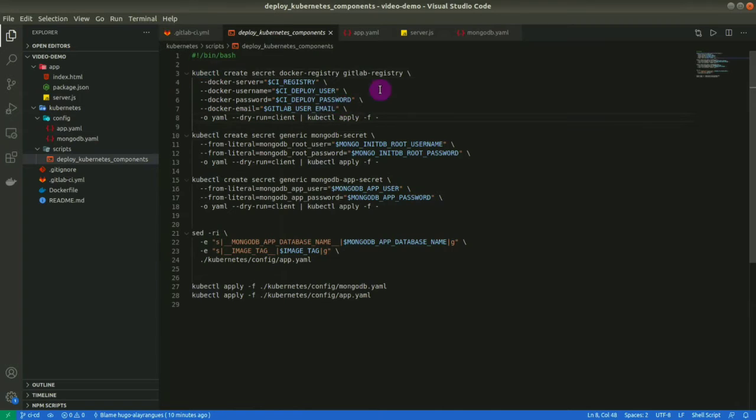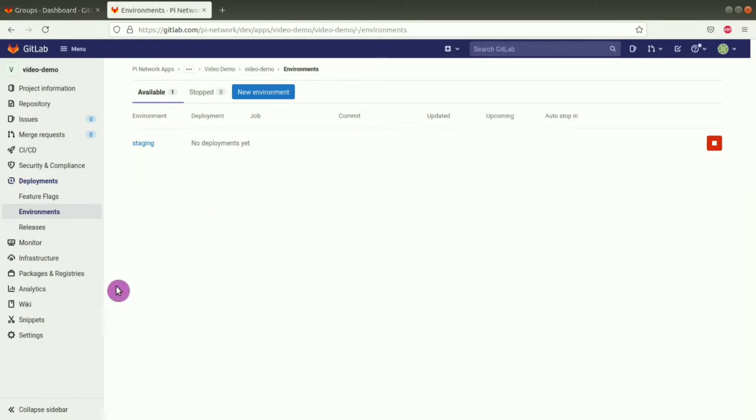The first one creates secrets for the Kubernetes cluster to be able to talk with the GitLab container registry. The variables defined in the secret are used by the Kubernetes cluster to register against the GitLab registry. So these 4 variables are defined by GitLab, and we do not need to create them somewhere. The only thing we need to do here to make this work is to go to the GitLab interface, to